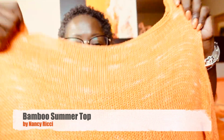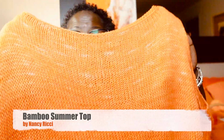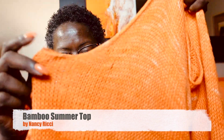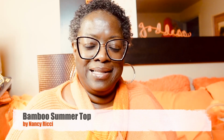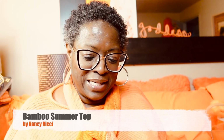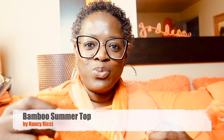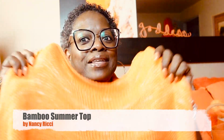This is a couple of years old, and this is the Bamboo Summer Top by Nancy Ricci. This is 100% bamboo. Now, what I learned in this whole process, I want to say this was one of my first bottom up patterns, and this is where Nancy threatened me bodily harm if I didn't do a gauge swatch, because she kept saying to me, bamboo grows. She was like, so you need to make your swatch, wash it, let it dry to let you see, because bamboo grows. But we're not talking about the growth part of it, the fact that it is so wearable